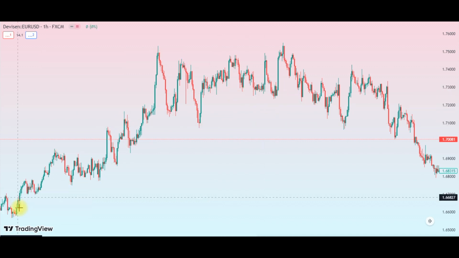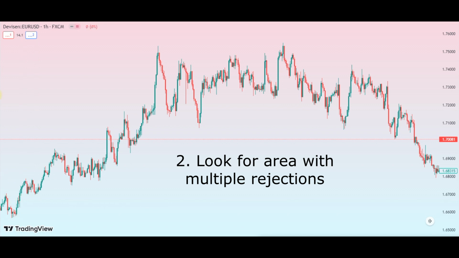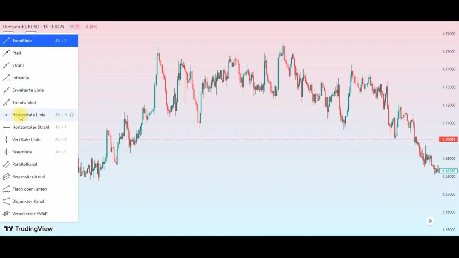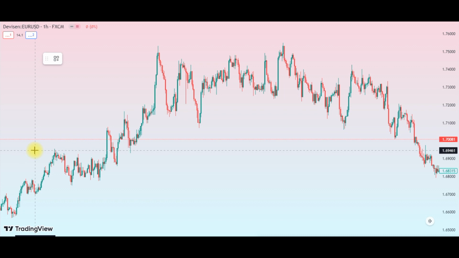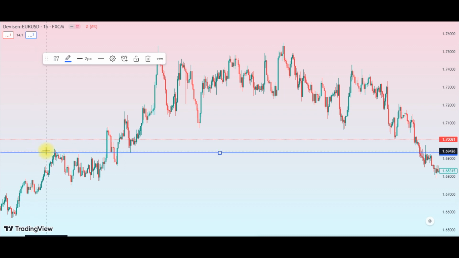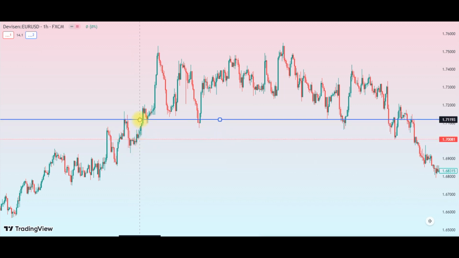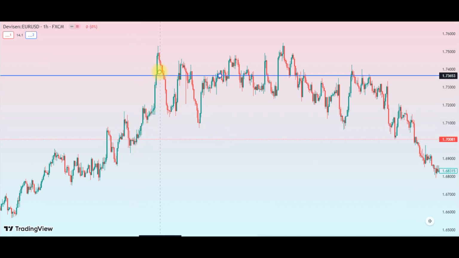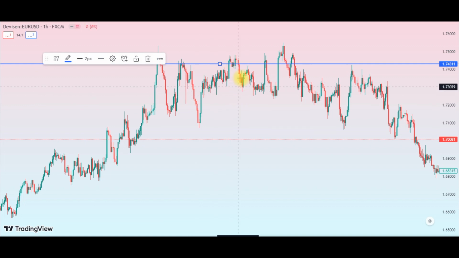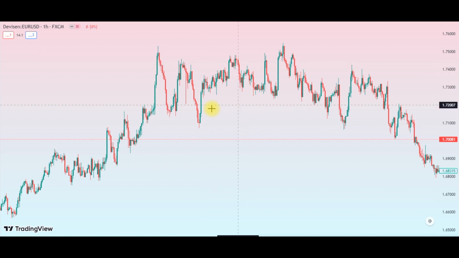So step 2, we look for an area with multiple rejections. And it really makes a difference if I say a line or an area, because many traders think that support and resistance has to be a line. I can draw a line like this, but a line often leads to some trouble because traders take it too exactly, because they think the price has to reach exactly this level in order to work. But if I replace this line by a level,